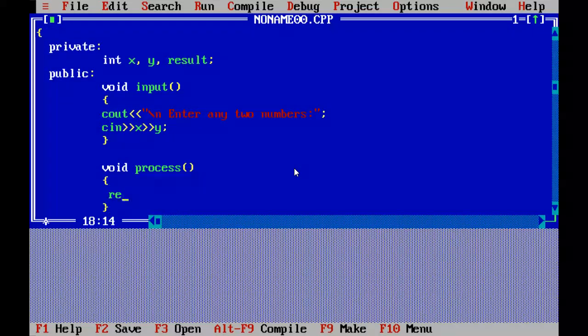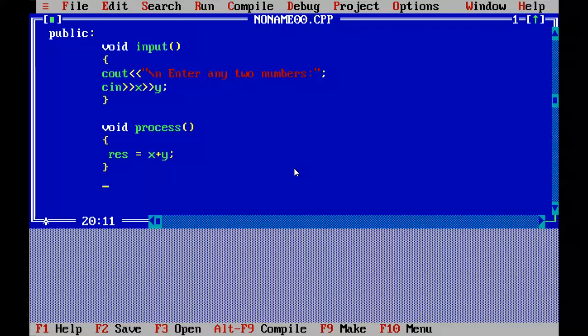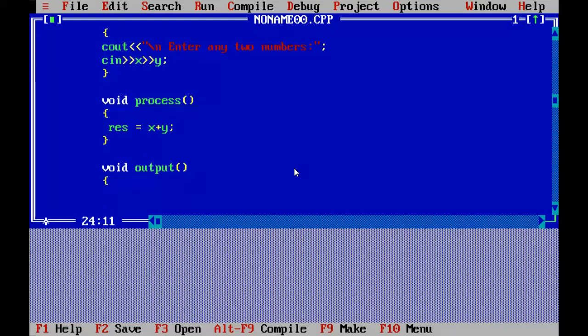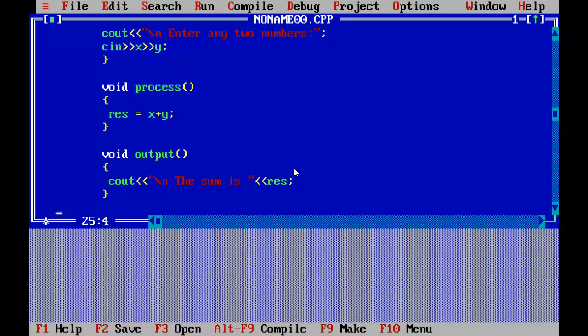In this process, I am adding the value stored in x and y, and assigning the value to the result. Next thing I will do is to display the output. The output we need to show is, say, the sum is, and the sum we have stored and kept in result res. So we are showing the same variable name.